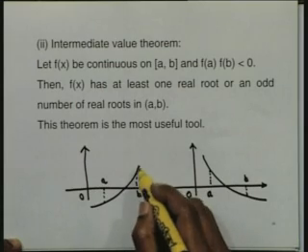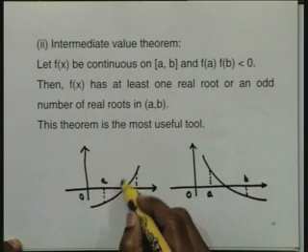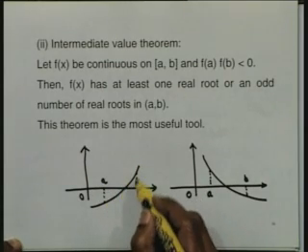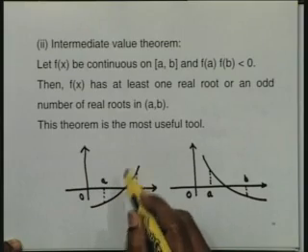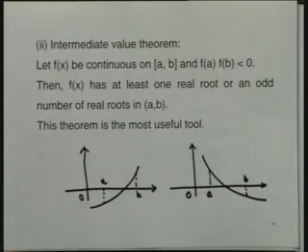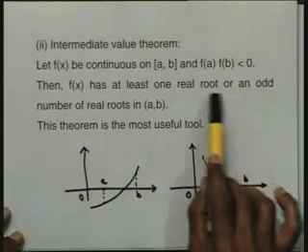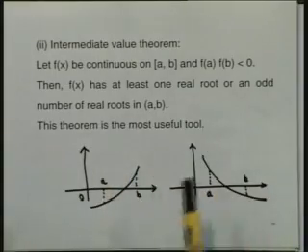Obviously I have taken a nice graph like this, but it is possible that the graph is cutting the x axis more than once. Then we will have located more than one real root. Therefore it will have one real root or an odd number of real roots, particularly when the roots are very close to each other, say 1 and 1.2, let us suppose were the roots of a particular equation. You might have seen that the root lies between 0 and 2. But of course, that is not correct, we should say 3 roots, because it is going to be an odd number of real roots.